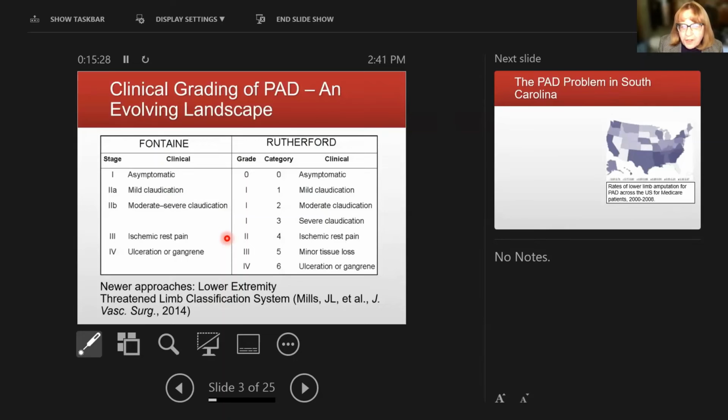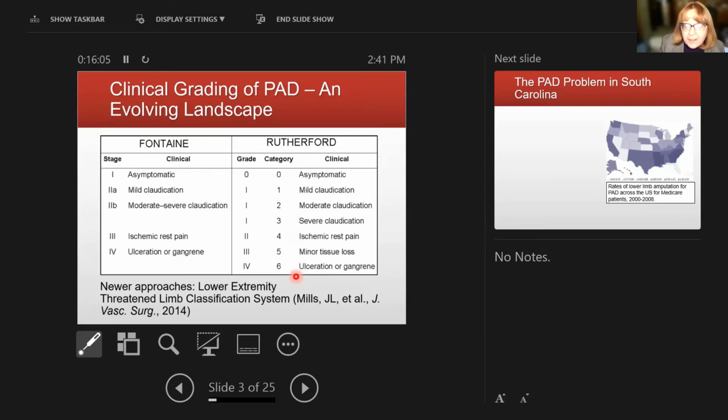And so there are several approaches to grading this condition clinically. These are two of the traditional scales, the Fontaine and the Rutherford. But you'll note that in the earliest stages of the disease, this condition is asymptomatic. And then as it progresses, you get different degrees of claudication, eventually giving rise to rest pain, which is pain without exercise, and then potentially progressing to a tissue loss and